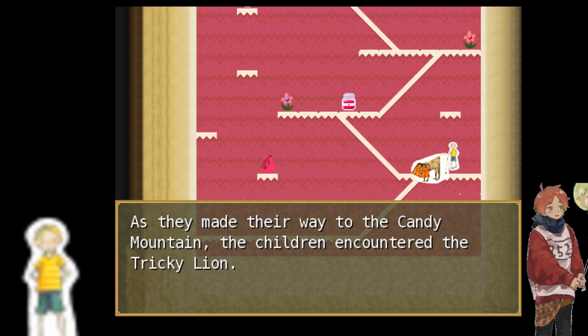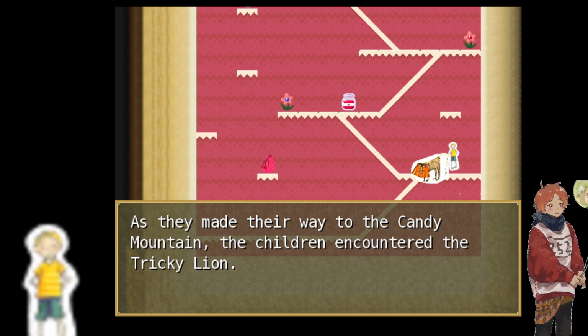Ooh, the tricky lion. Will we get tricked? The linearity of the game. Okay. It can indeed be frustrating, but perhaps it is intentional. Maybe it symbolizes the constraints that the boy faces in his journey, emphasizing the limitations of his choices. Perhaps breaking the linear narrative could lead to a greater sense of freedom and agency for the player.